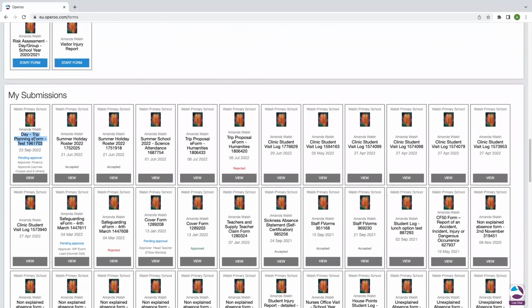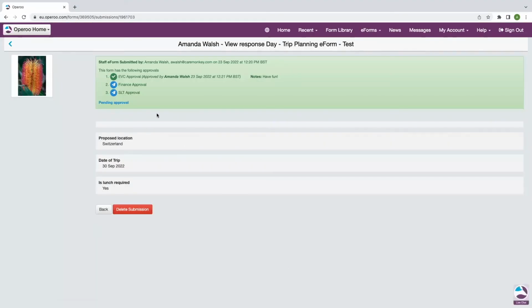So this trip right here, day trip planning form, 23rd of September, I can see that it's pending approval. And it's pending approval with the finance department. So as a staff member, I have full visibility of exactly where my form is within the approval process. Clicking view, this will open it up. So I can see EVC approved it on the 23rd of September at 12:21,